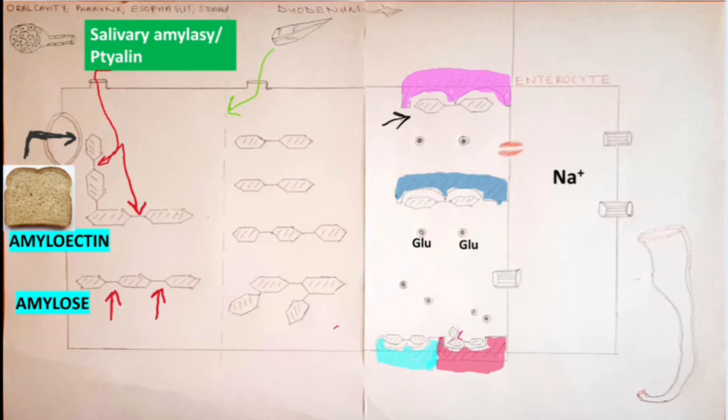So at the end of the day, we will have oligosaccharides, or small carbohydrate molecules. Okay, so let's go down a little bit further, because this is what happens in the oral cavity, pharynx, esophagus, and